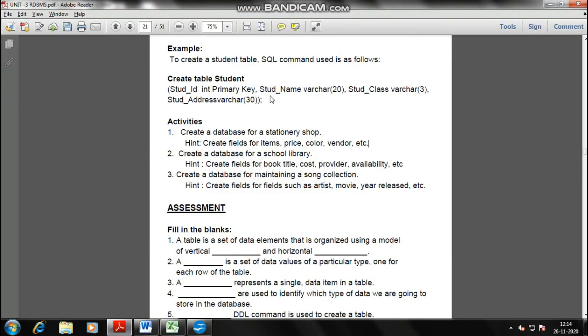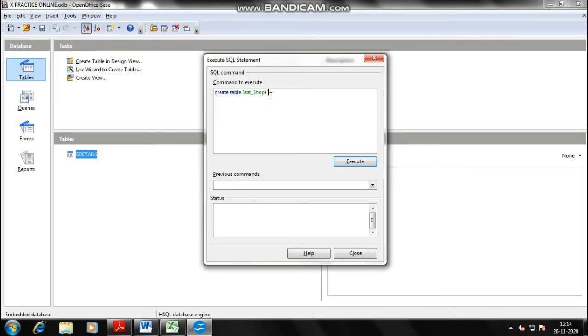Next is the items, items can be variable, can be character. Next is price.